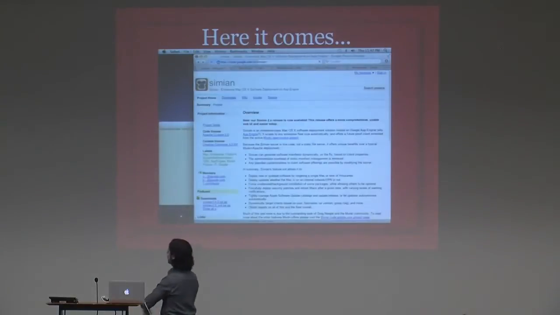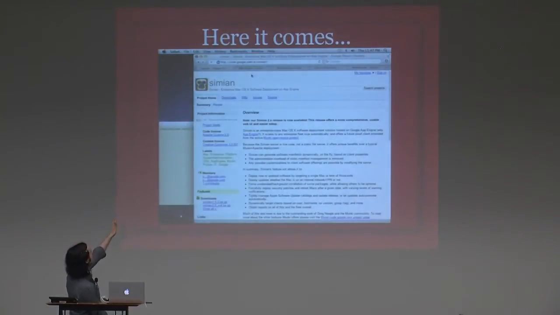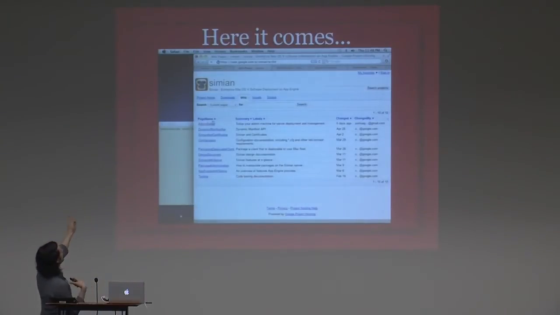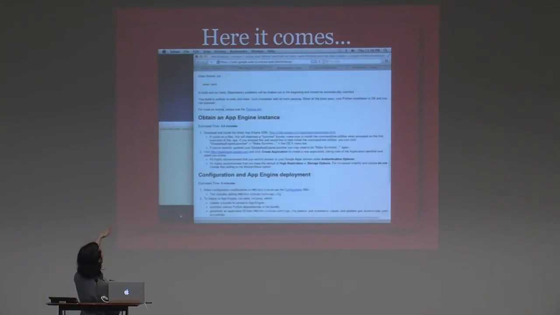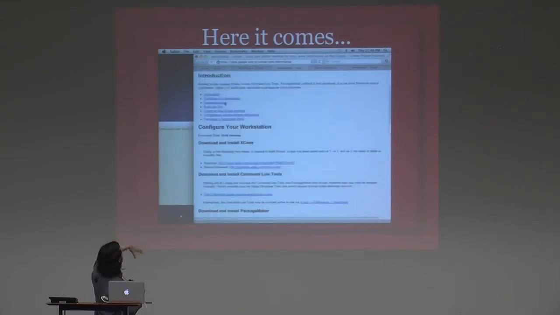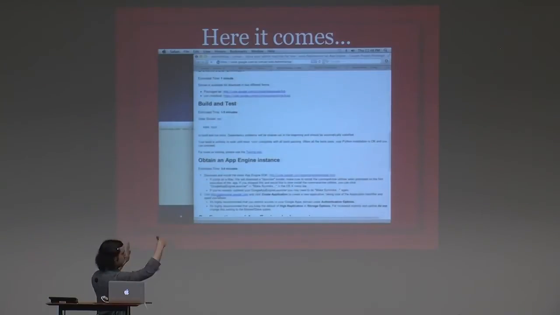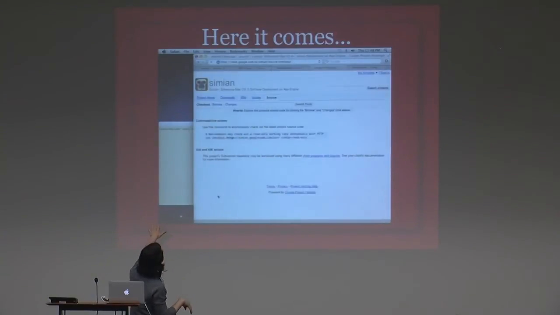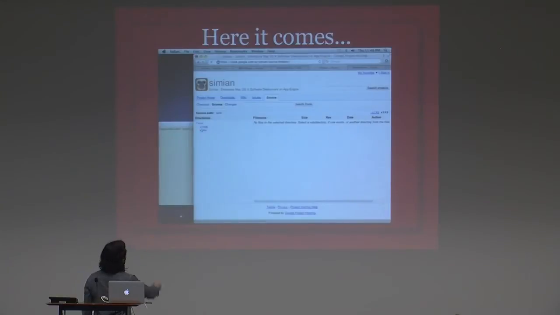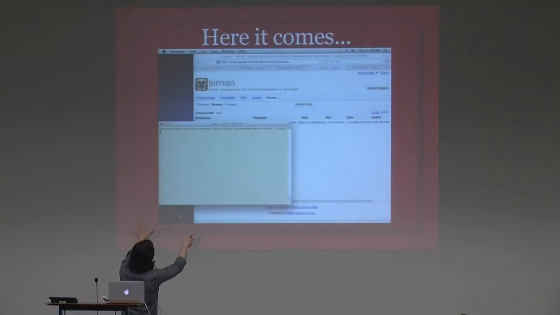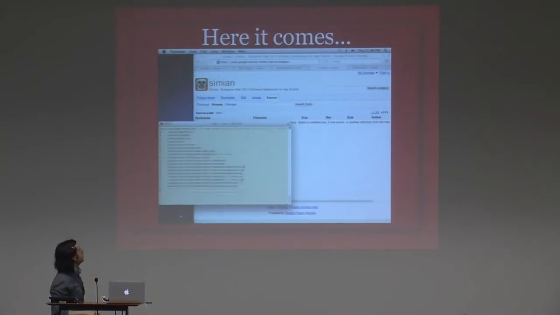Simeon.googlecode.com. This is going to be exciting to no one. Here I am. I'm going to go to the wiki. I'm going to look at what the instructions are for the admin setup. It says, hey, you need command line tools, you need PackageMaker, you need GNU Make. I say, okay, I already have those by waving my wand. Look at that. That's how good I am. Then I need the actual code. I'm going to check it out from SVN. You notice how it's missing saying trunk. Do you really want to check out the wiki as well? So over here, we're going to add just trunk, and we're going to check it on out. That's all my code coming down.